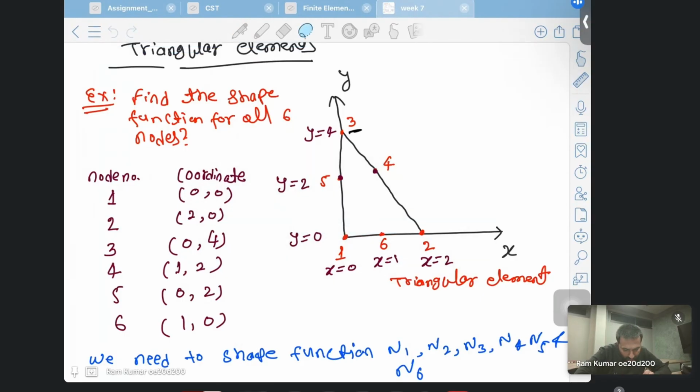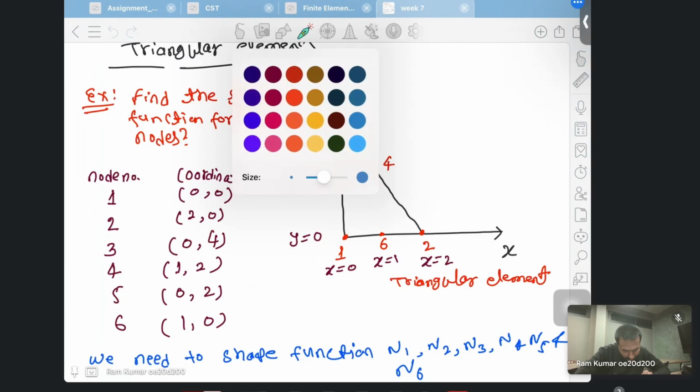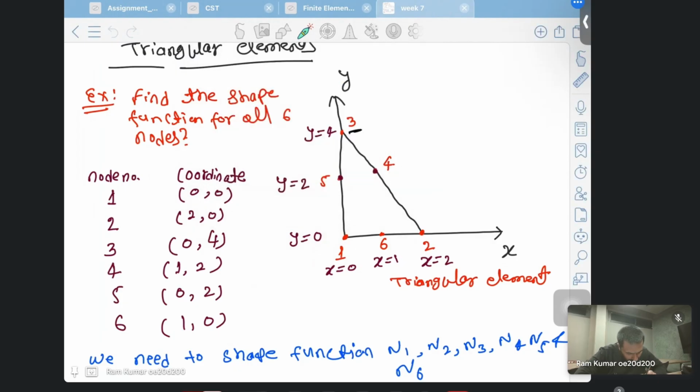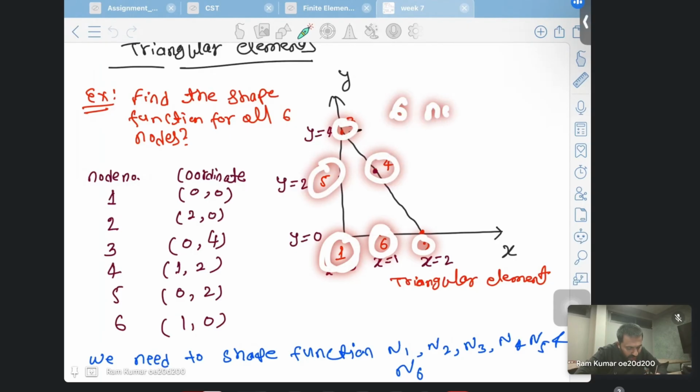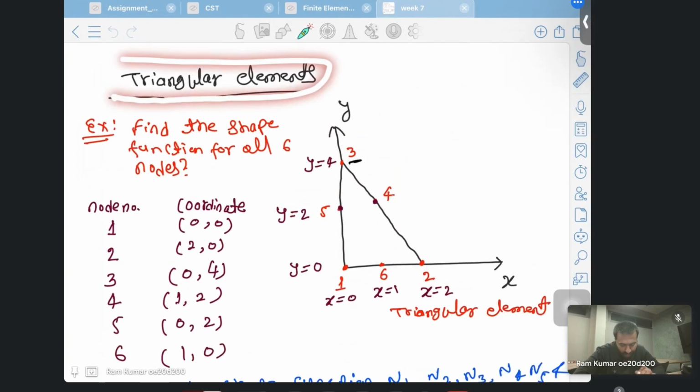Sorry, let me use my eraser. This is node 1, node 2, node 3, then node 4, node 5, node 6. This is having a total of 6 nodes, and this is our triangular element. And what they are saying